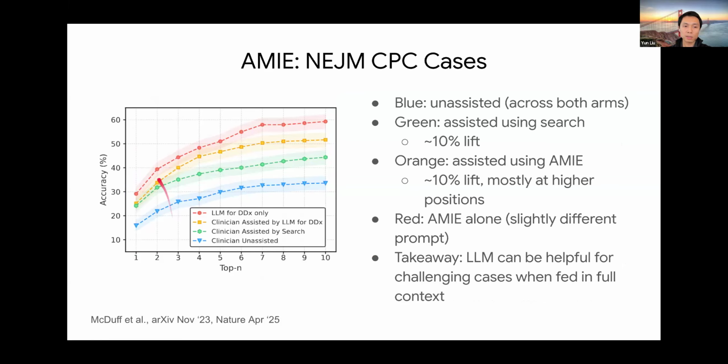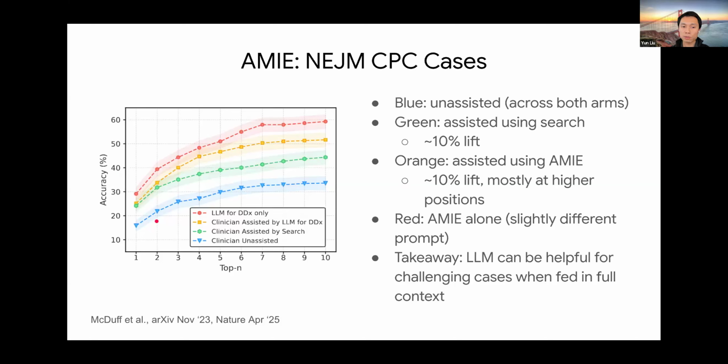So on this chart, what we're seeing is that list of diagnoses that they provide. If you go down the list from most to least probable, and you include more and more diagnoses, what is the diagnostic accuracy of the clinician, the person, as a function of the final diagnosis? So if they capture the final diagnosis, then the accuracy is 1 for the example, and we can look at a percentage across all possible cases.